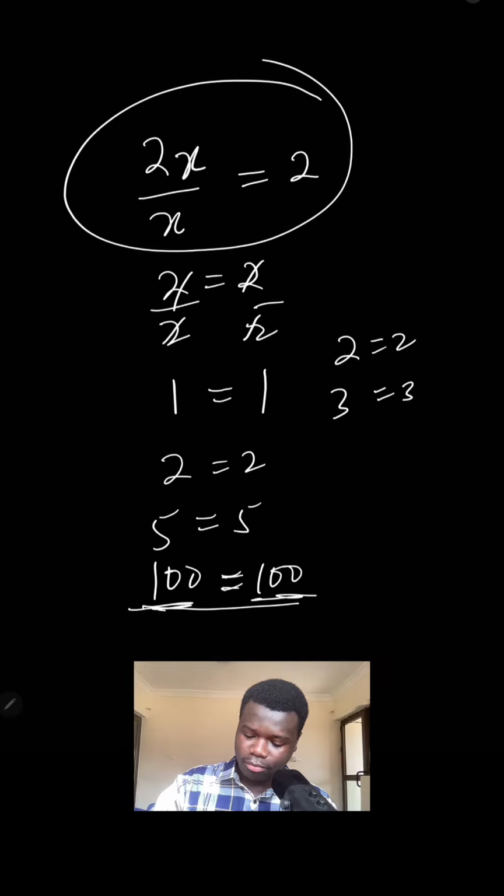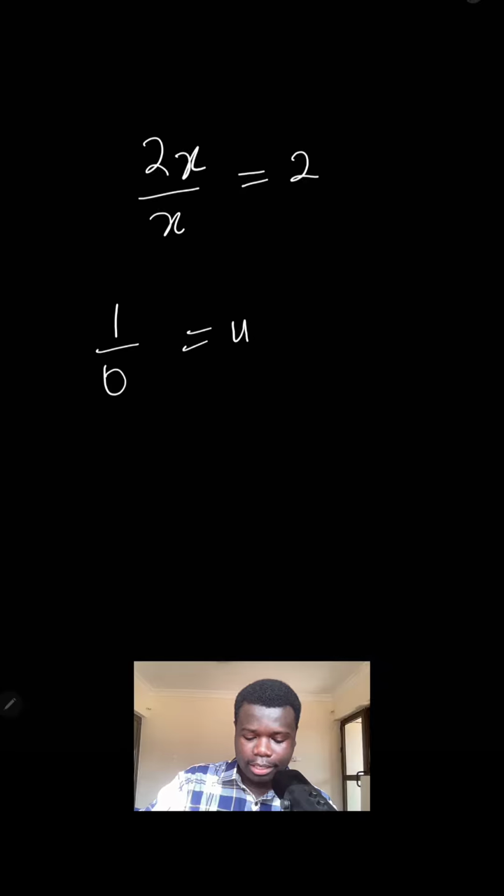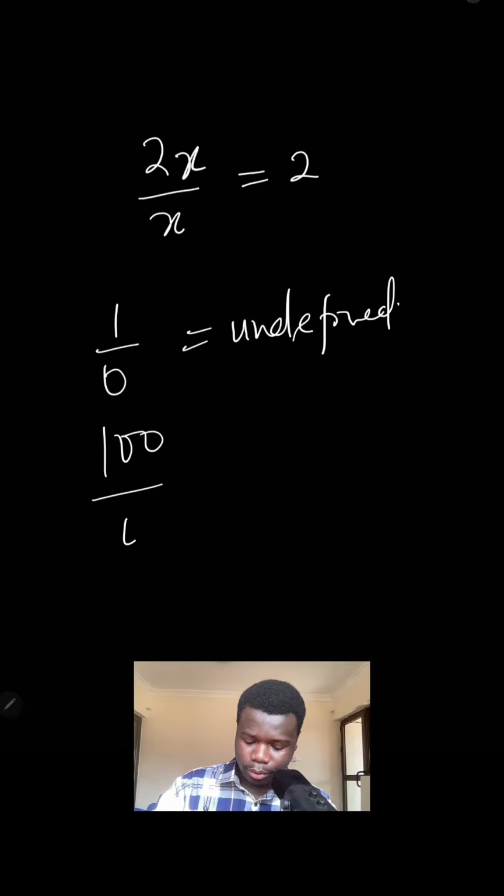But there is something really important here that we have to note. Because in this situation, we are dividing by what? X. And then you know that any number divided by 0 is undefined. So when I have 1 over 0, this is undefined. It doesn't exist, okay? When I have 100 over 0, it does not exist. It is undefined, okay? So what happens? So what it means is that the values for x for which this expression is true